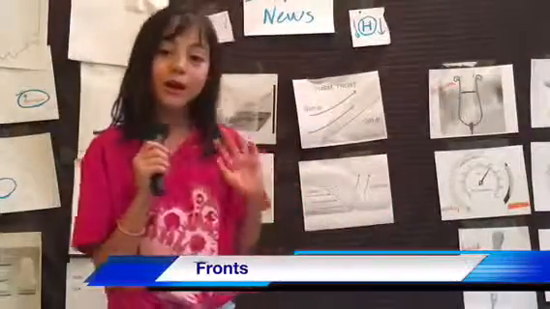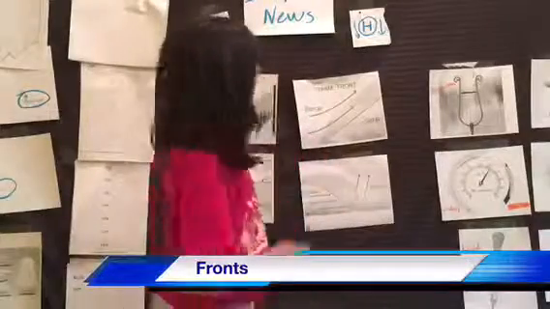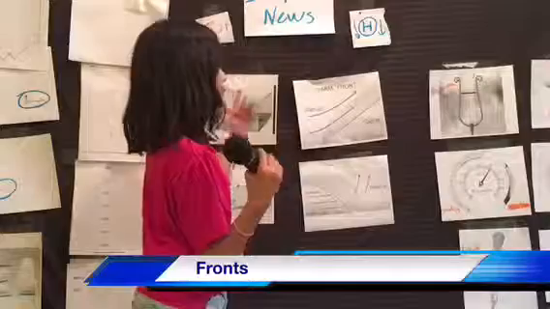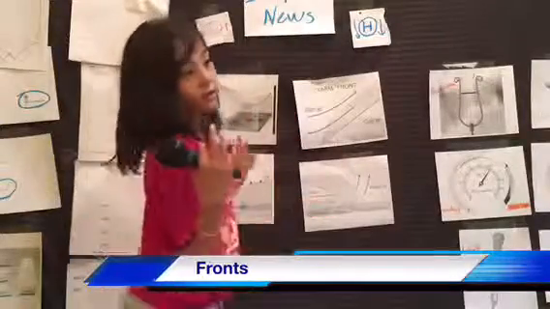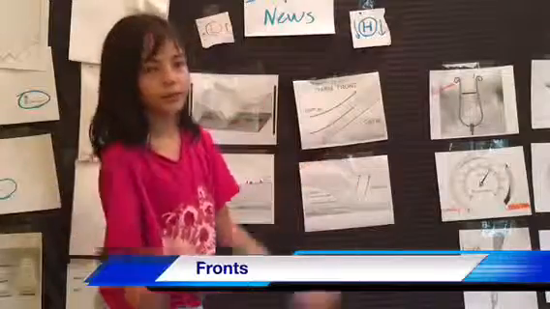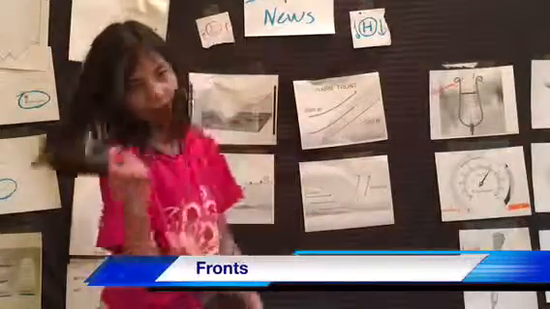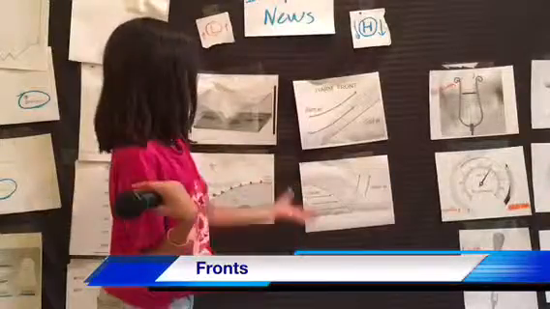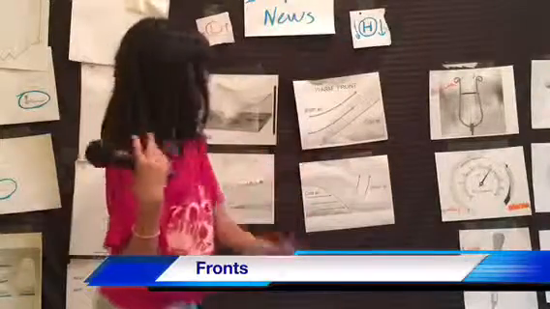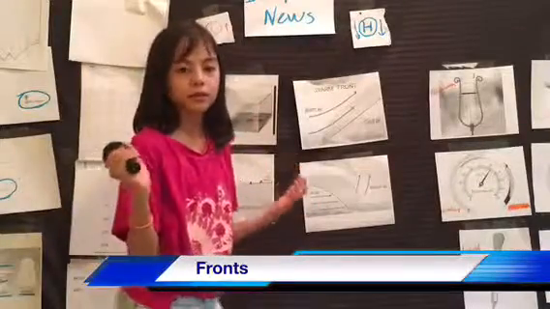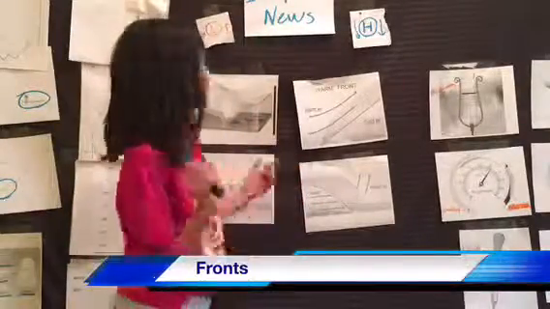Okay, so there are 2 more fronts. They are called a warm front and a cold front. A warm front is when warm air comes in and takes over the cold air. So basically what happens is rainy weather and a few showers. Later it clears up. Next is a cold front. A cold front is when cold air comes barging in with the warm air and forces the warm air up. This can cause lots of snowy weather if it's cold and some rain.